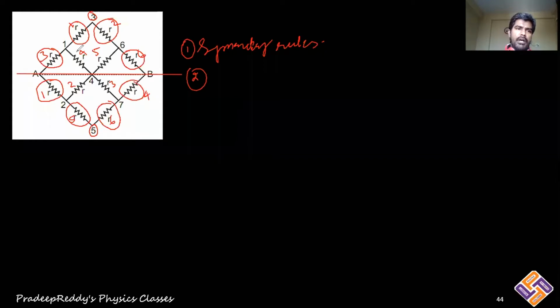Likewise, above the horizontal the number 4, below the horizontal the number 2, above the horizontal number 5, below the horizontal number 3. They all are identical. Check it up. Every value above the horizontal, when you are considering mirror symmetry, the same resistor value should be repeated below the horizontal even.